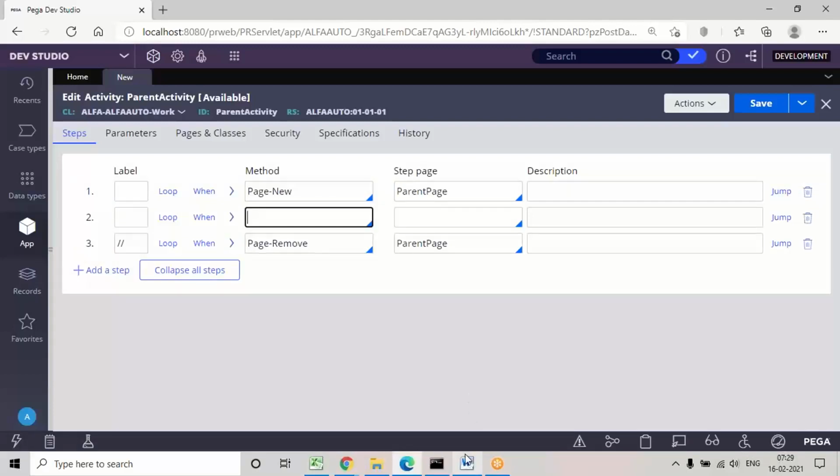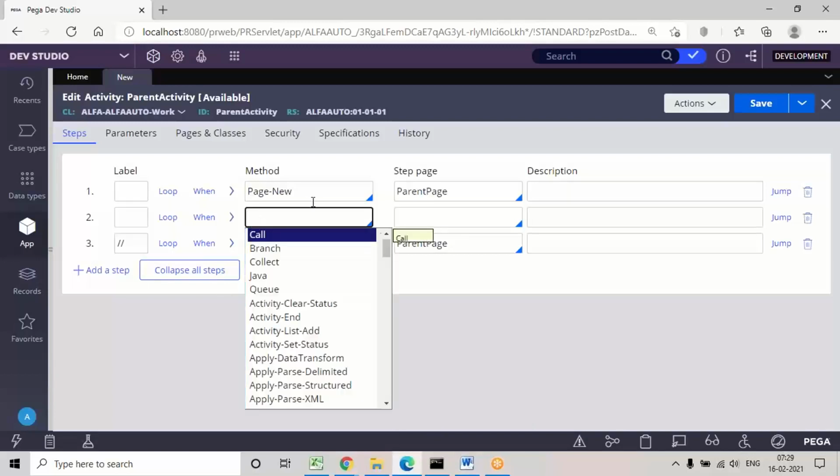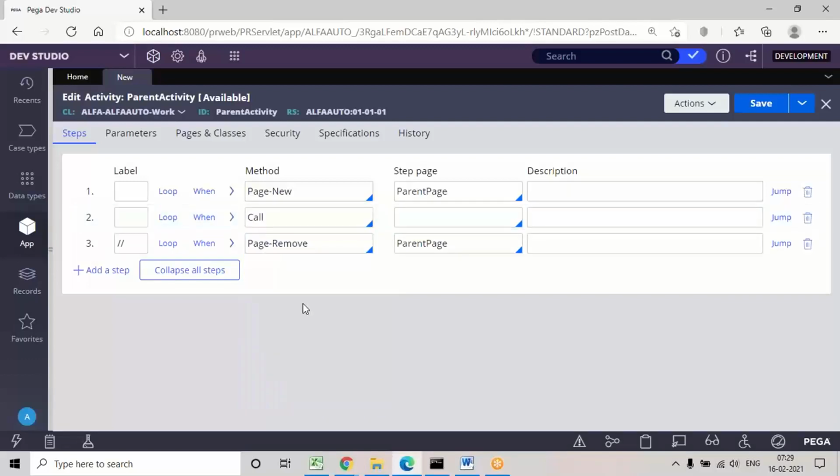First of all I want to show you the call instruction. Starting in the method drop down itself you can choose instructions also. So select call. To use an instruction, after selecting it, give one space and click on the down arrow. You can see your user defined activity name is there. You can just select that. The requirement is I'm going to call the child activity inside the parent activity. So select the instruction, give a space, and give the activity name.